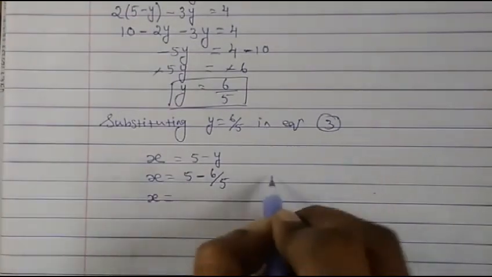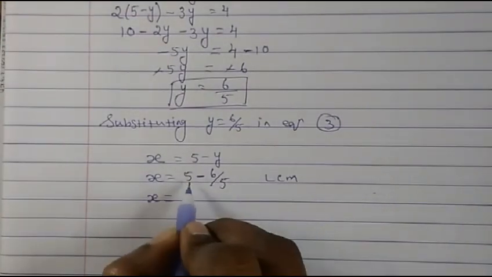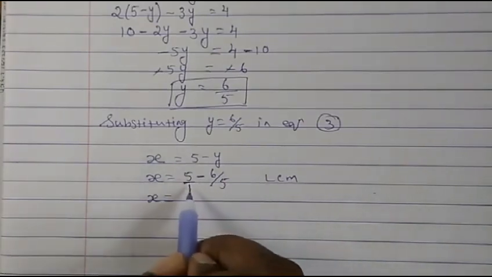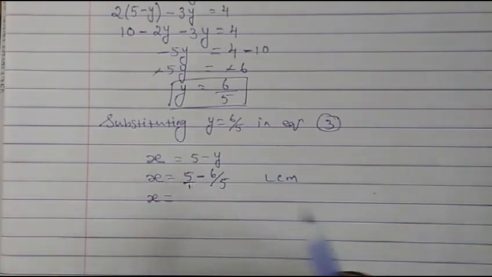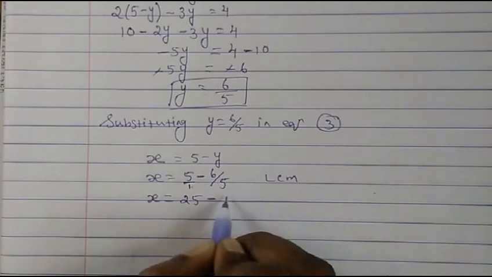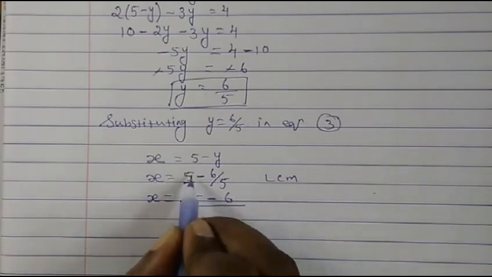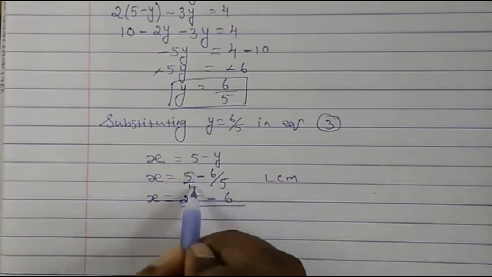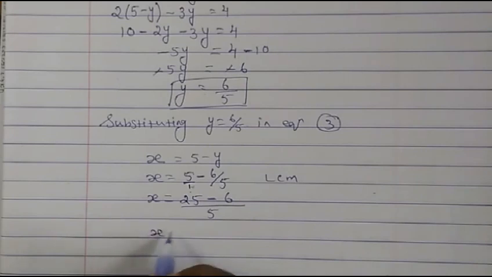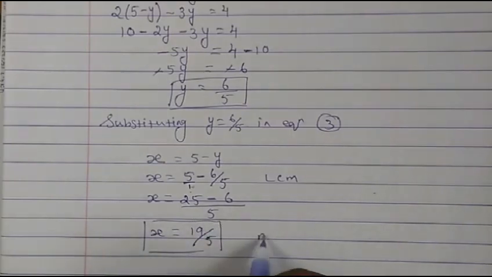So let's take the LCM now. Here we have nothing in the denominator, so keep it 1. Now to get 5 here in the denominator, both sides we will multiply with 5. So we'll get 25, and this minus is here, 6 will be like this. And here it will be 5 because both sides are multiplied by 5. So this becomes 25 and here it will become 5. Both sides will be 5, so in common we will take it. Now 25 minus 6 will give us 19 upon 5.